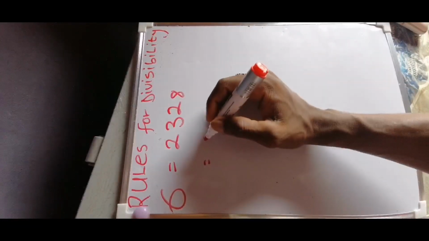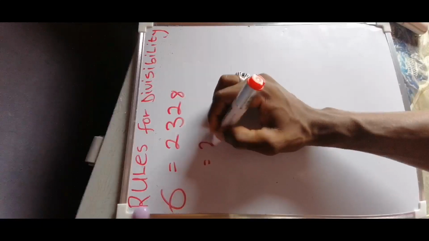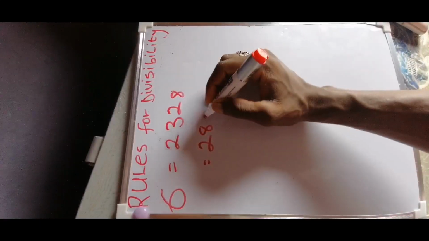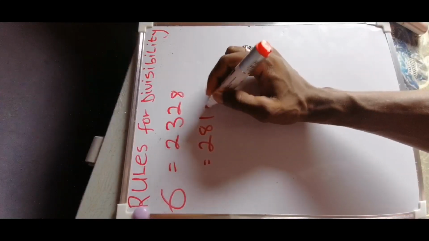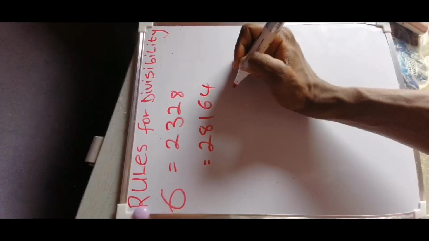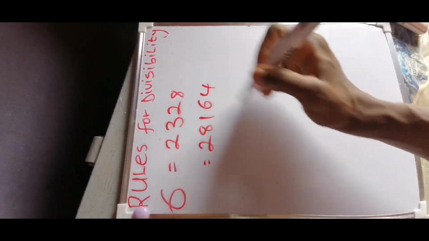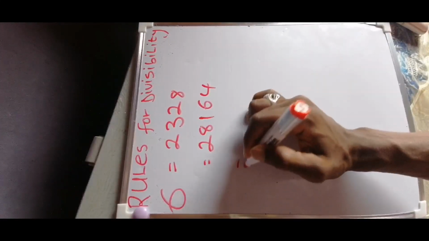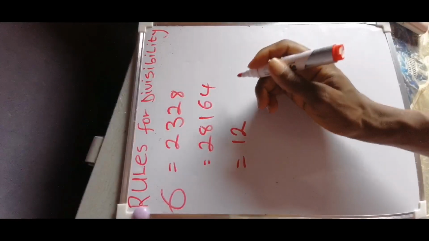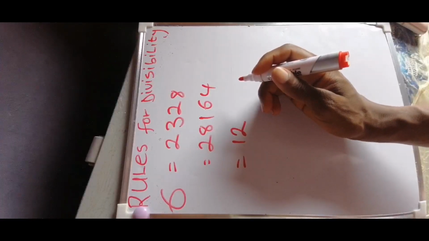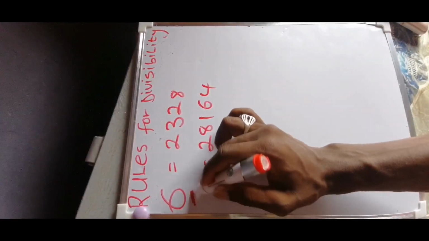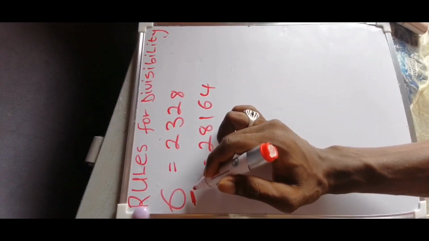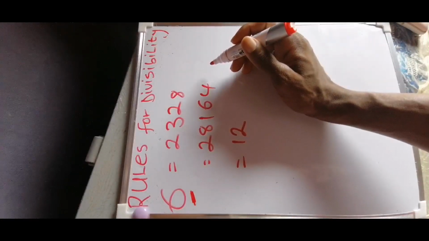Again we have 28,164. Let's say we have 12. Yes, so as they said, 6 can be divisible if the last digit is even and the sum of